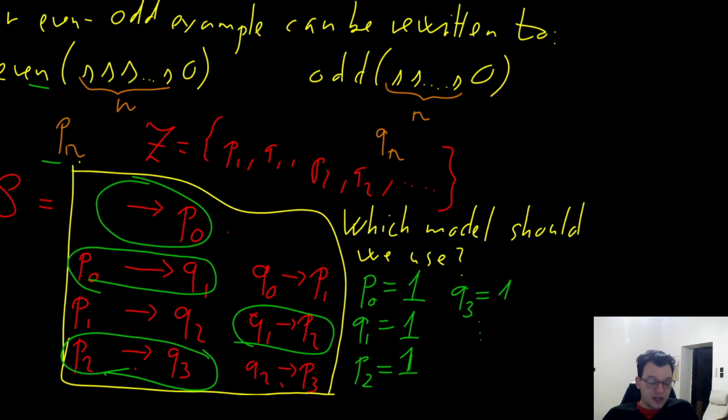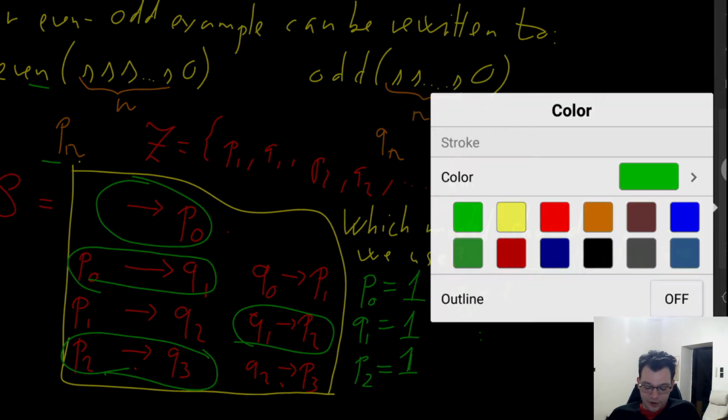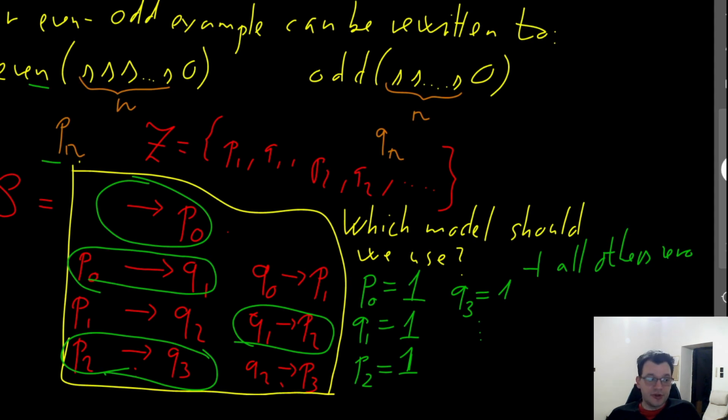And, well, if we just set these guys to true and all the others to 0, so let's say all the others 0. So of course P4 will be true, Q5 will be true, and so on. Now if in this particular example we just set all the others to 0, then it's fine, because this implication,